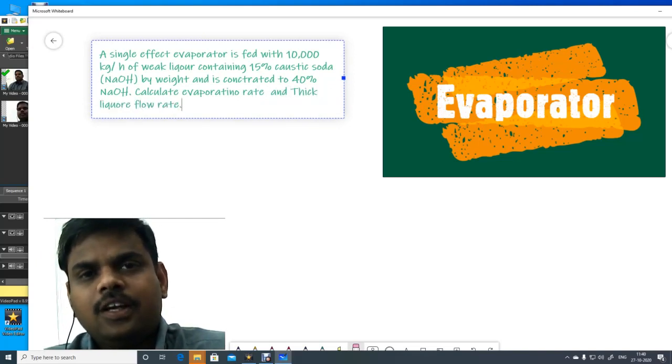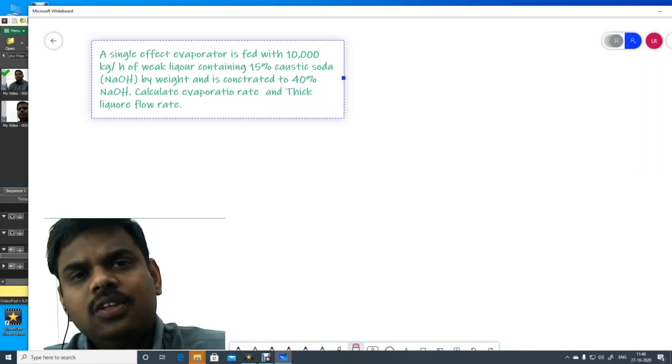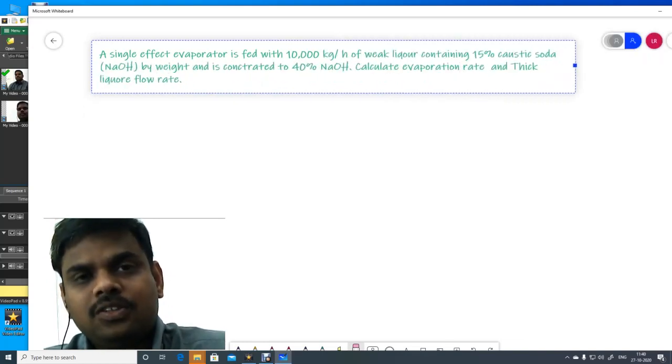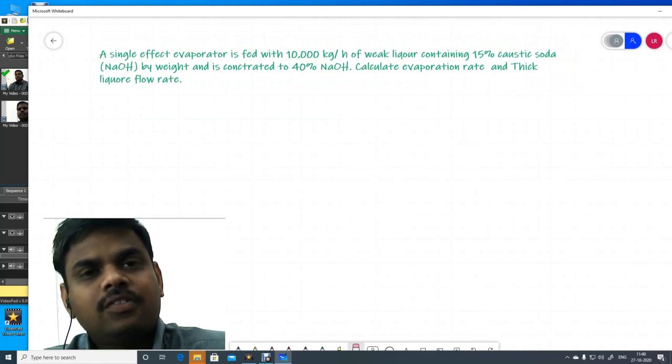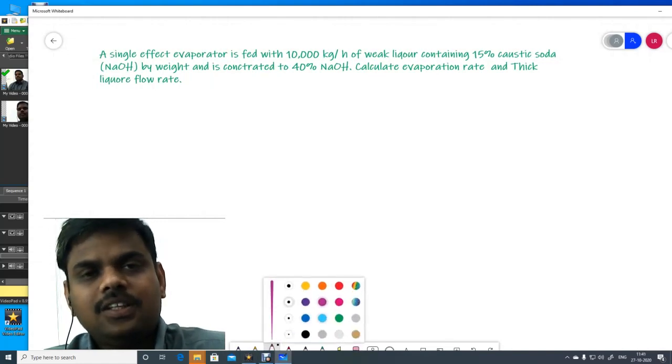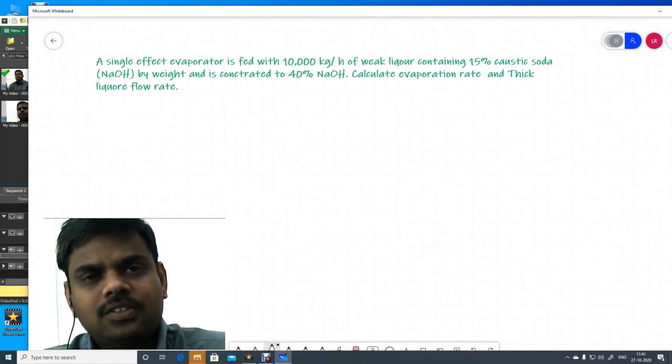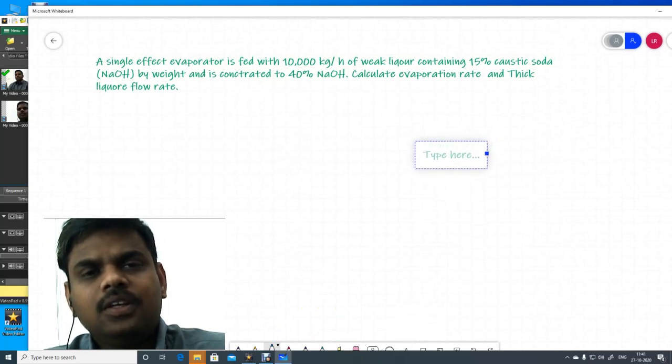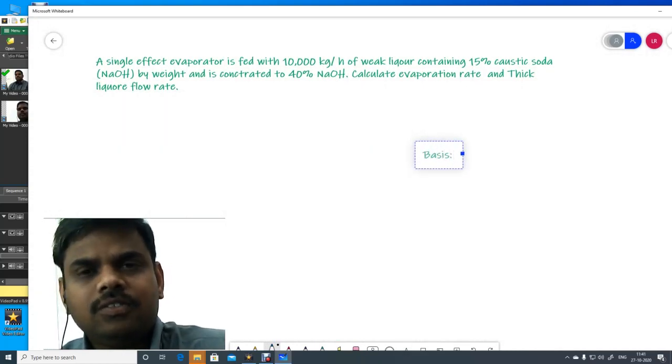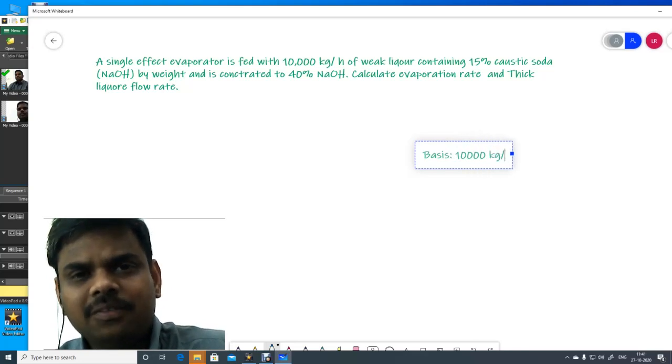Okay, simple material balance problem. In this problem also there is no precipitate formation, therefore P equal to 0, Xp equal to 0, and there is no loss of solids along with the evaporate, so Xe equal to 0. So whatever amount of solid is present in the feed is present in the product also. So it is a similar problem, you can try to solve it. I will also solve, you also solve, and we will check our answers. Okay, ready?